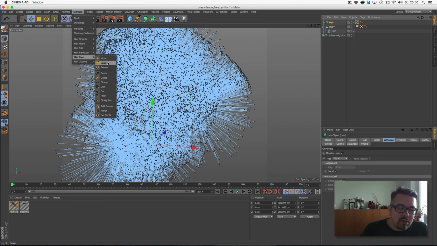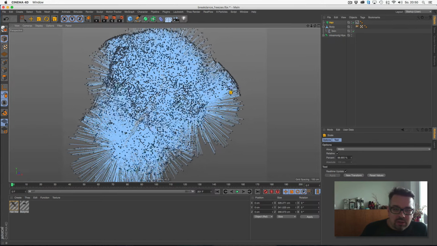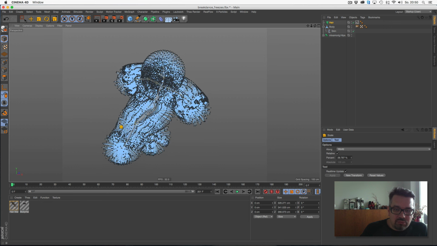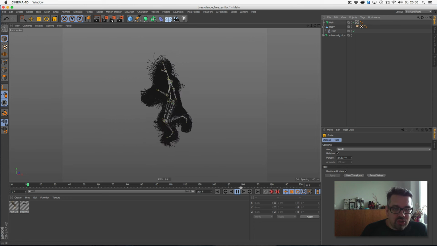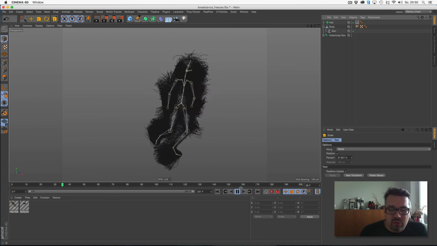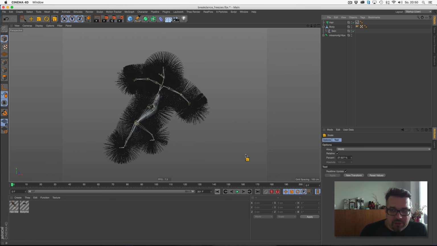The only thing I do now is scale the hairs because they are a bit too long. I'd like to have the right length, maybe like this. And when we now watch, because it's hair, it has full dynamics and so on. You see, it's a bit slow.